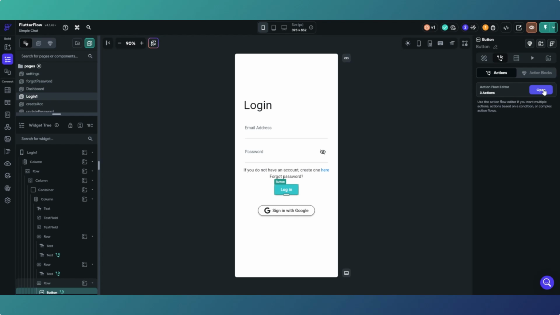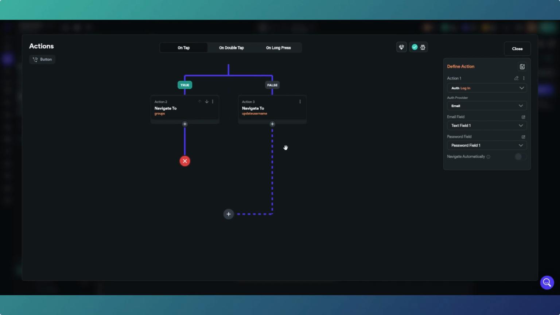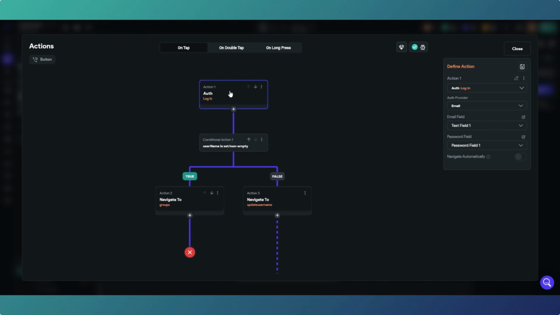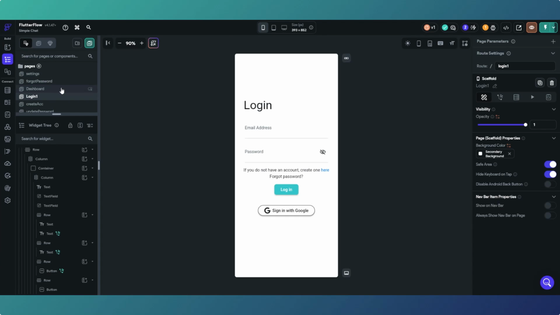And on login, what we're doing, we're checking if that's set or not, and if it's not set, we're going straight to groups, and if it is set, we're going to the update username. So you've got to put a username in before you start, so that's how we've covered that one off. And to do the custom login actions, we just switch off the navigate automatically toggle switch and do what we need to do there with the conditional actions. So I've done that, and then on the chat